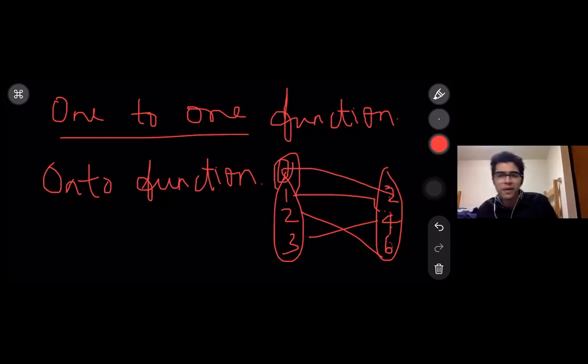If these domain and codomain get confusing, every number on the right side should have some partner from the left side. It doesn't matter if they have 2 partners or 3 partners. It doesn't matter. They should have at least 1 partner. So there should be nobody left alone on this side. That is an onto function. An onto function need not be one-to-one. A one-to-one function need not be onto. They are two different definitions.